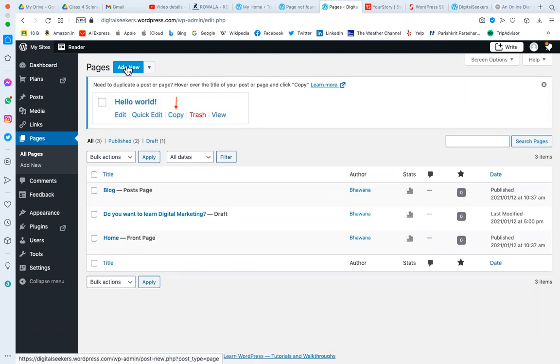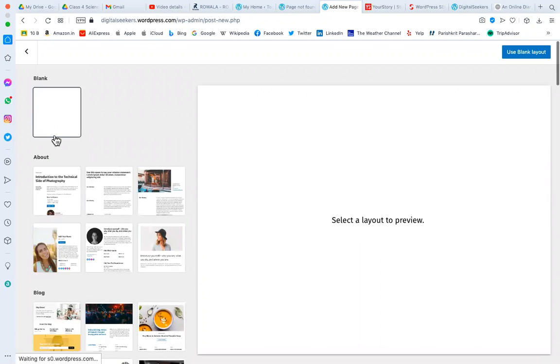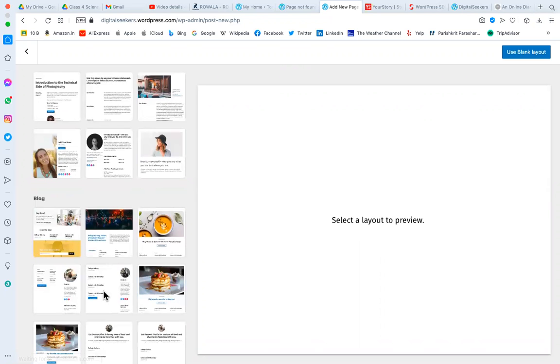You can go and click on add new and create a new page. While creating a page, you can decide that yesterday we created with a blank. Today we are going to create with some template.